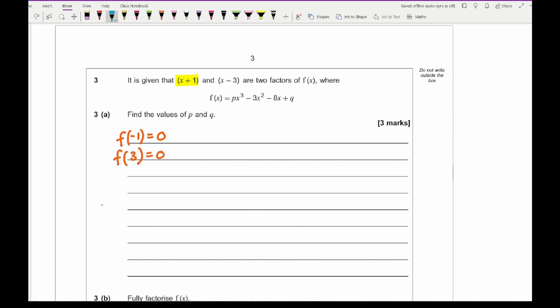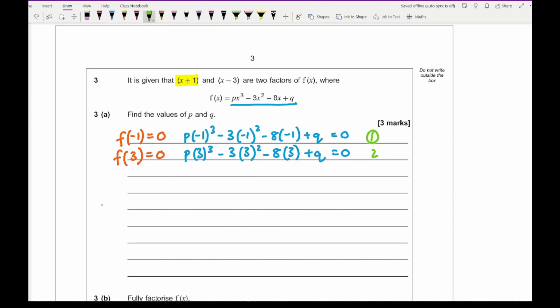So substituting minus 1 into this expression here, we end up with p times minus 1 cubed minus 3 times minus 1 squared minus 8 times minus 1 plus q, and that equals 0. Then for the next one we've got p times 3 cubed minus 3 times 3 squared minus 8 times 3 plus q, and that also equals 0. Now doing a bit of simplifying,